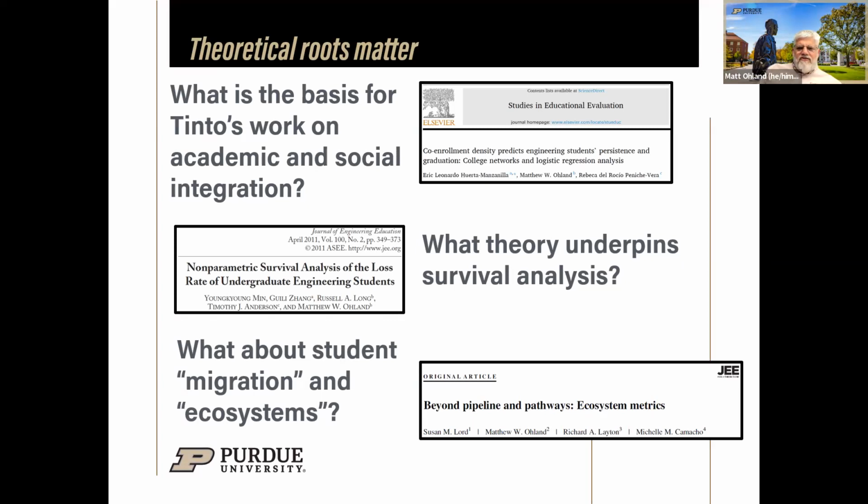And we had some really big discussions that were very much in the theoretical framework space with that paper. One of them was around, we ended up in that paper focusing on students who were switching among engineering majors. And as we talked about that as being sort of a migration phenomenon, there's a huge literature on immigration, on migration theory related to human beings and the choices they make to migrate from one place to another. And as we thought about applying those theoretical frameworks in the context of our work, the timing was bad, which is to